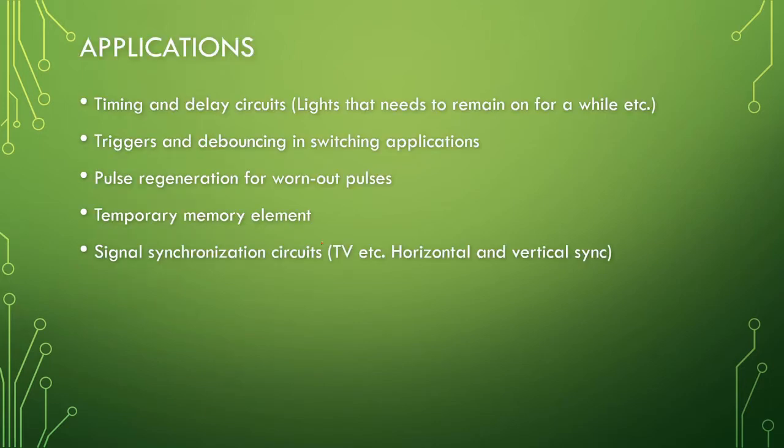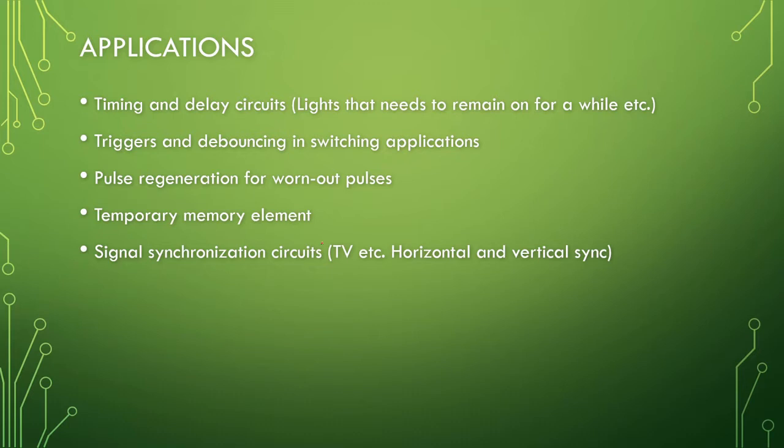So a monostable circuit is basically a trigger circuit. You insert a pulse of a sort and the circuit will switch on the output for an extended period of time. Typically monostables are used in timing and delay circuits, like those outside lights that switch on when they detect movement and then switch off after a minute or so,